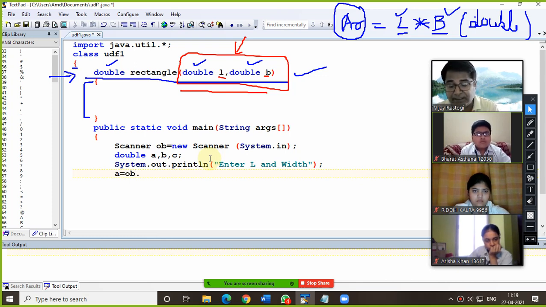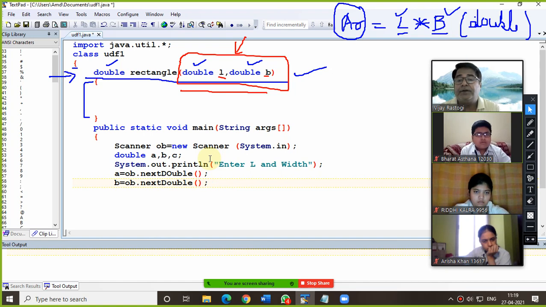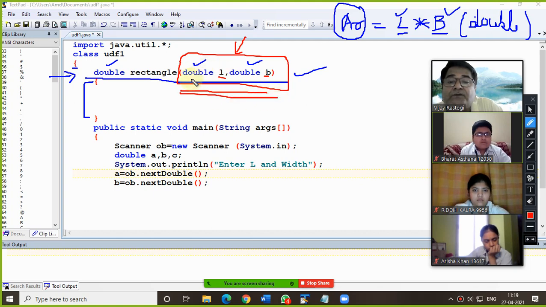So I am using here, okay. Now see, this parameter list shows the number of inputs required of these 2 types. So we have taken them from the user.